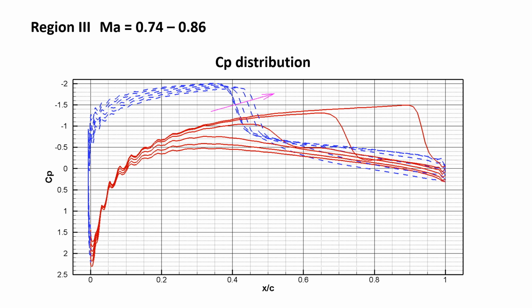Let's first look at the top surface, where the arrow indicates a Mach number increase. When the Mach number increases, we can see that on the top surface the shock wave makes just a slight downstream movement. So we can say it's roughly the same. The blue curves slightly increase, but if we look at the lower surface CP, there is a very big